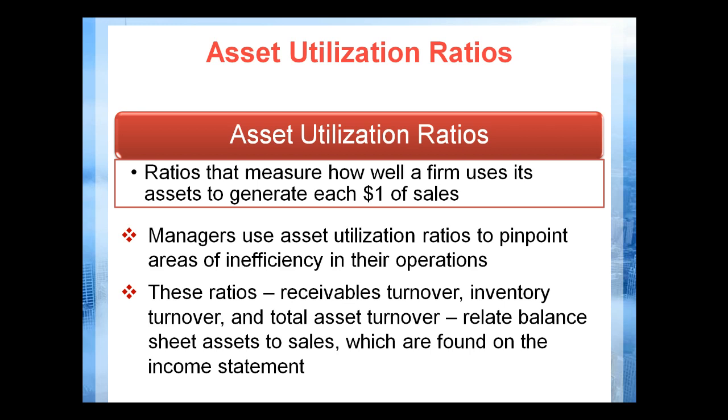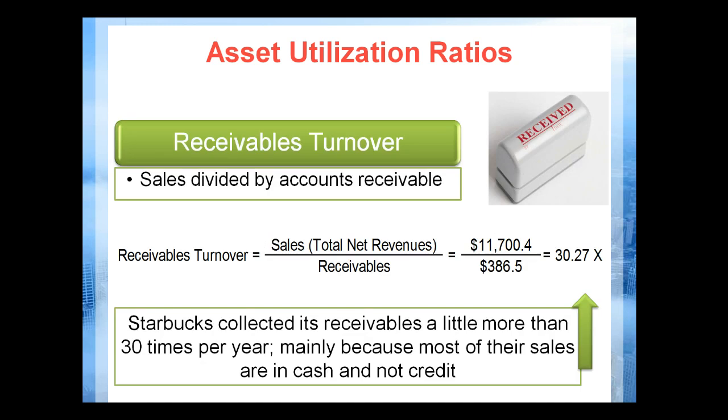It's very important that you understand that these ratios, like receivables turnover and inventory turnover, really tell you how well or how efficiently these assets are being used. And the main thing about assets is we're using assets to generate income. So it's important to see how these assets are helping you quickly get your money back.